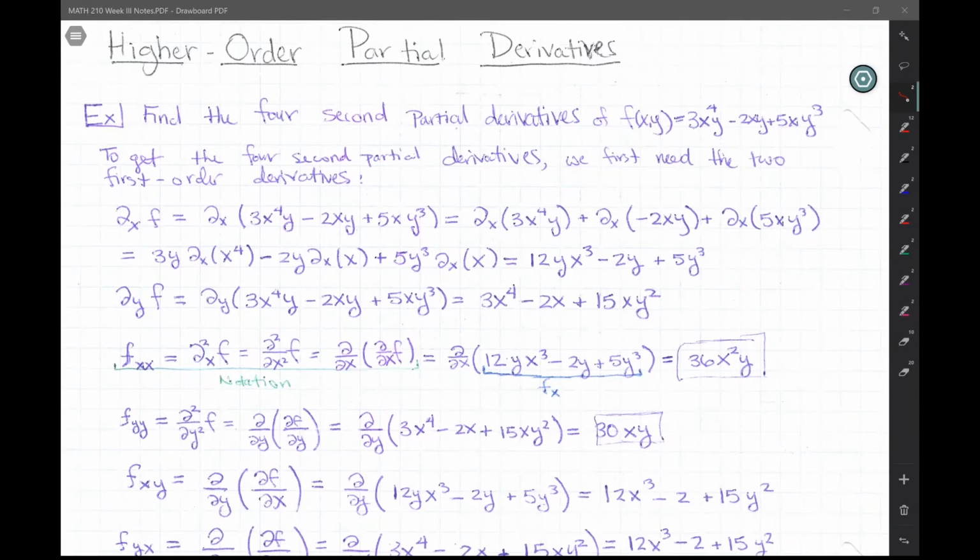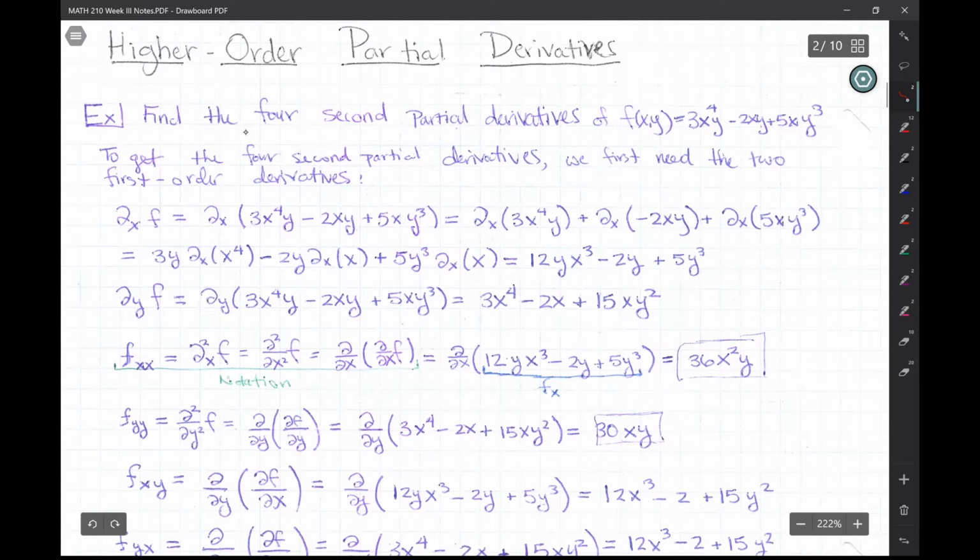So let's talk about higher order partial derivatives. And this concept is pretty straightforward. If you could take one partial derivative with respect to x, you could also take another one. Likewise with y. You could even take a partial derivative with respect to y of a function whose partial derivative with respect to x you took. Okay? So here we have an example where